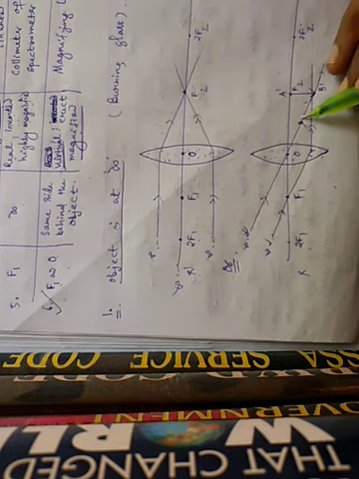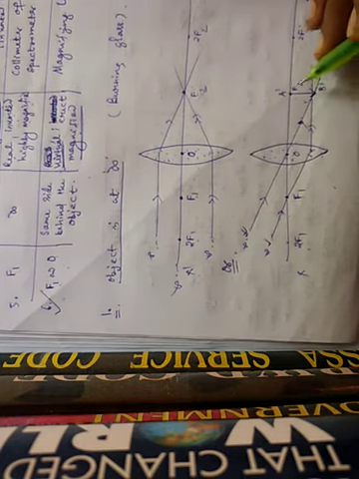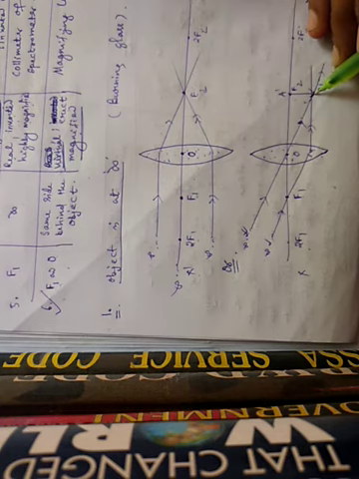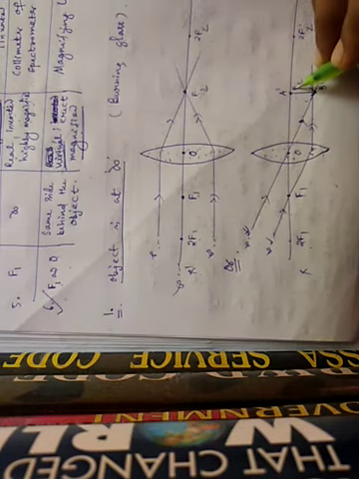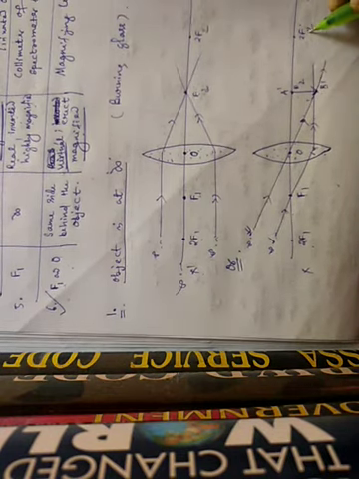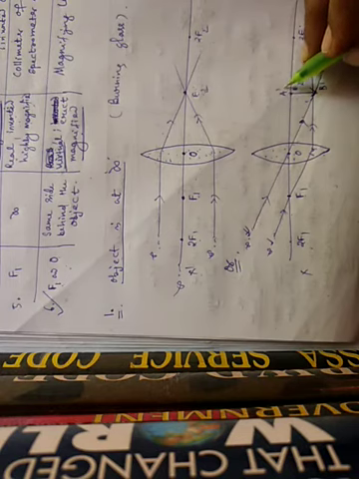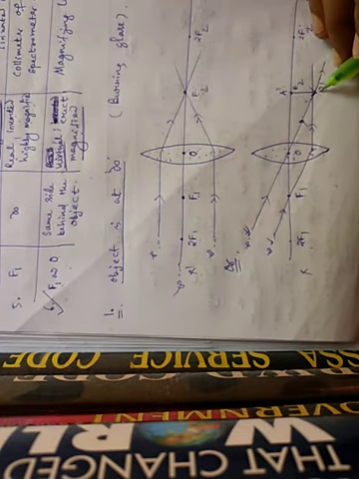Now you see these two refracted rays meet at a point, so the image is formed. As you already remember in your table that this image should be at the second focus, so you put F2 here. Similarly, you can put 2F2 here. Now you can show the image A dash B dash.